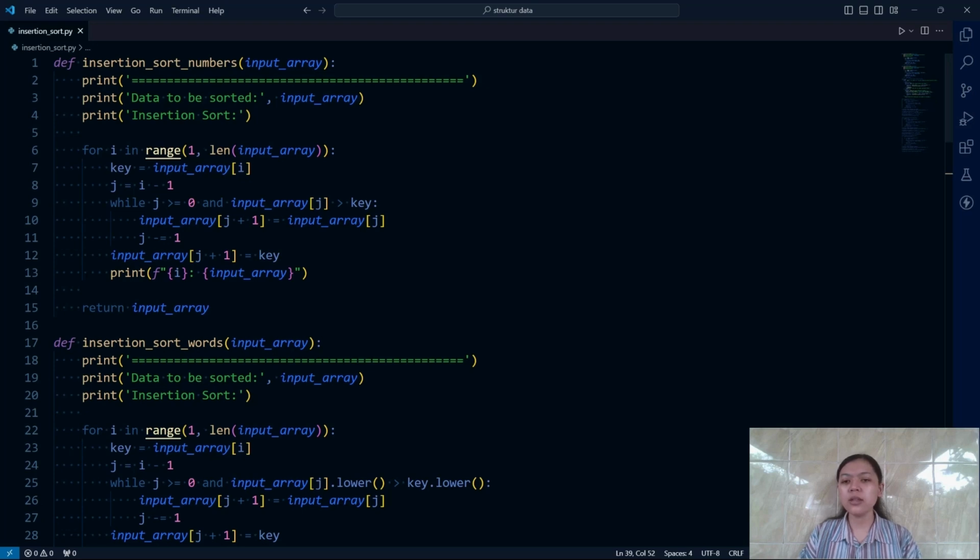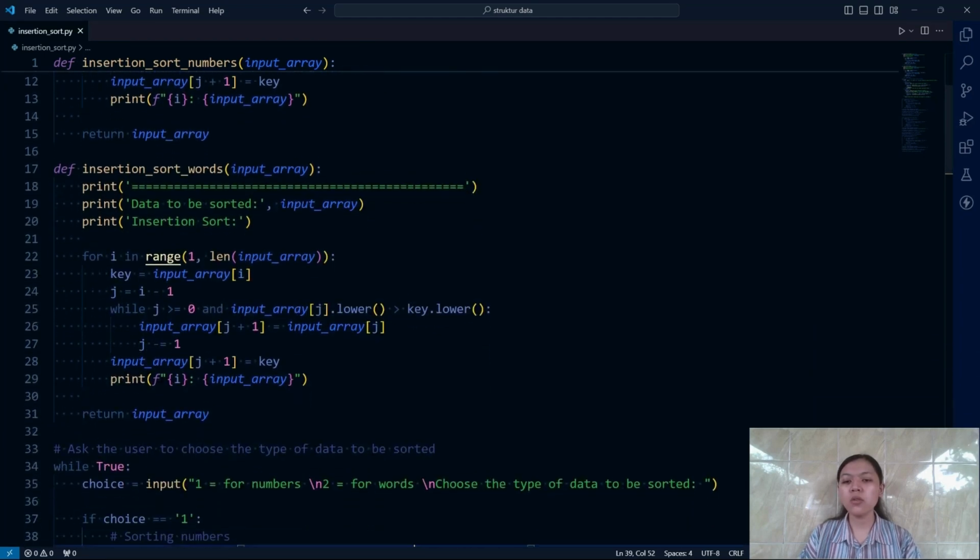It iterates through the array, comparing and inserting each element into its correct position. After each iteration, it displays the current state of the array, allowing us to visualize the sorting process.